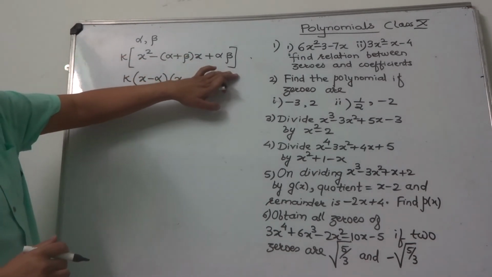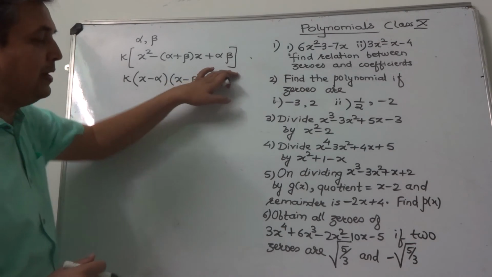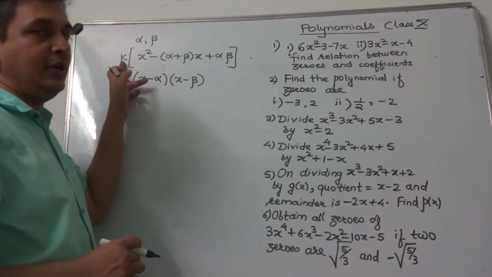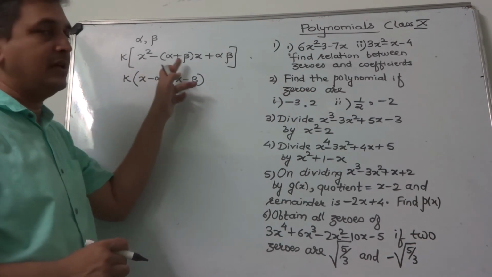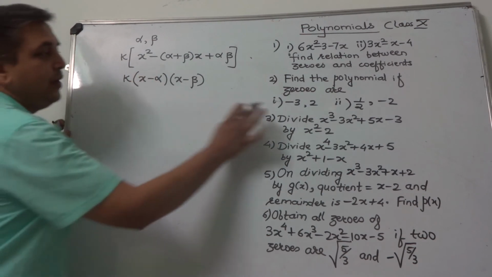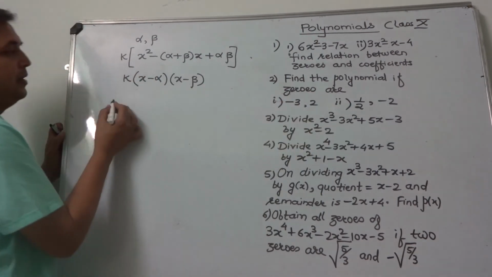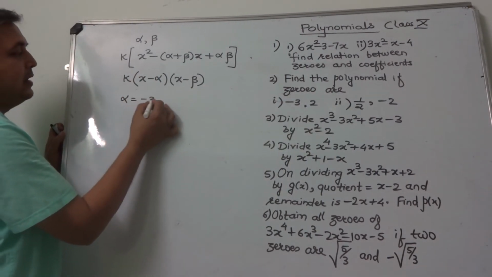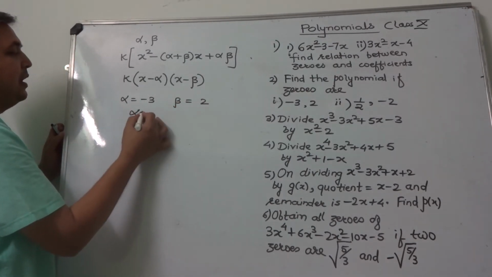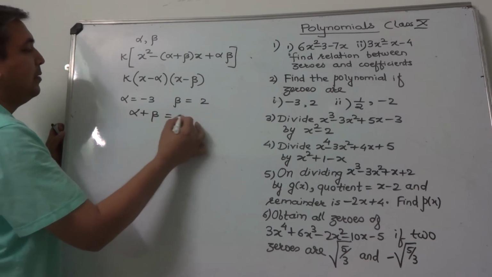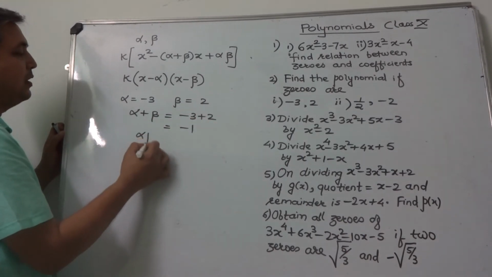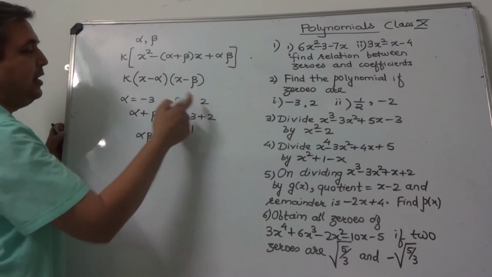If alpha and beta are zeros of a polynomial, then that polynomial is given by k into x square minus alpha plus beta into x plus alpha beta. So we are solving this first question. Alpha is equal to minus 3, beta is equal to 2. So what is alpha plus beta? Minus 3 plus 2 is minus 1. And what is alpha beta? Minus 3 into 2